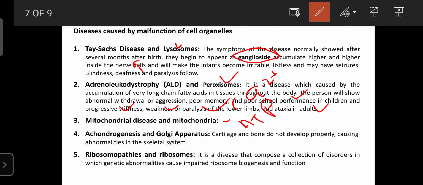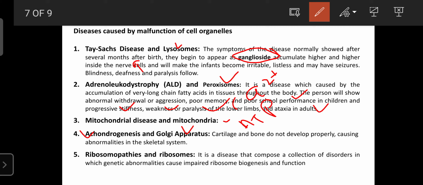So next one is achondrogenesis. It is the malfunction due to the Golgi apparatus. Already you know the Golgi apparatus. It is involved in the packaging of proteins, enzymes, and hormones. And due to